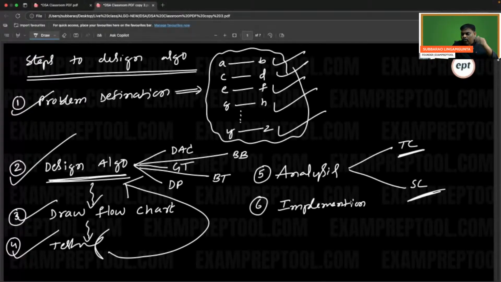If you take one startup company which just started, all of this will be done by one person only. In his opinion, only one step is there. Another startup company may do 2 steps. One more startup company may do 3 steps. If you take a bigger company, the same thing will be done with 100 steps. So company to company, they will differ. So what I mean to say is, if you want to design a very good algorithm,